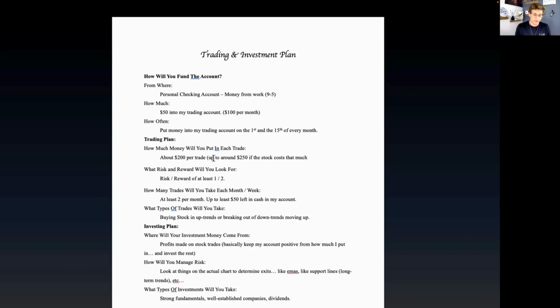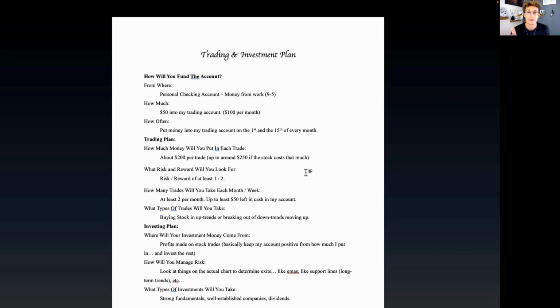The reason for that is that I've seen a handful of trades recently that are $210, $220, $230, $250 stocks, but they're set up in great trades. There's some that are $800 stocks. I don't want to go crazy. So $250, I think, is a max that makes sense to me. I'm basically saying $200 is normally what I want to have in a trade, but if there's a really good trend and it's $210, then I'm still willing to take that trade. So, a little caveat there, but not super crucial.